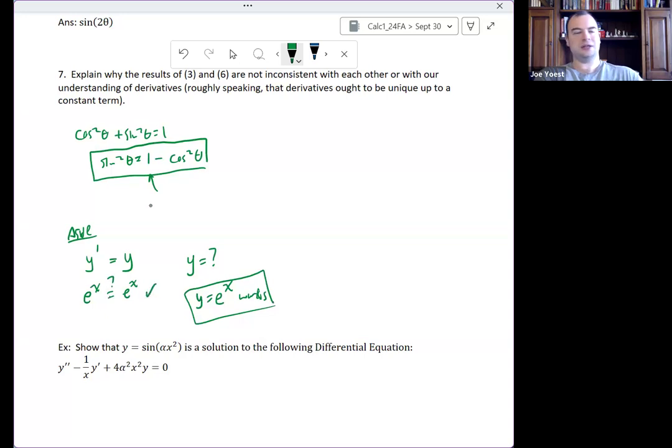Is that equal to e to the x? Yes. So y equals e to the x is a solution to y prime equals y. Now, there are some extra complications, things like there might be more than one solution, there might be infinitely many solutions, and so on. But the goal of Calc 1, when we see differential equations, is really not to do